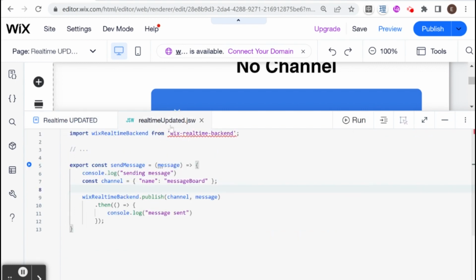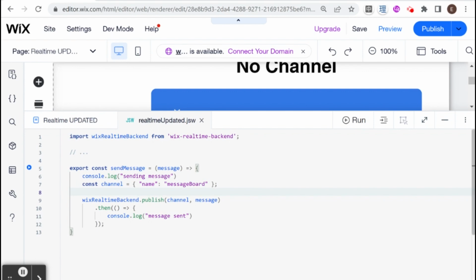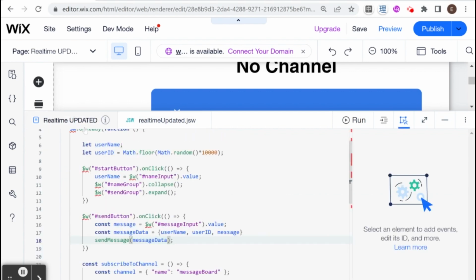Okay, so our backend function receives this message, and I'm just going to change this to messageData, just so that it's a little more clear. And actually, we don't have to change much here because we could just send this data back as is and let the front end deal with it. And that is what we're going to do. So I just changed basically the naming here so that it's a little more clear what we're passing through. And if I head back to our front end,